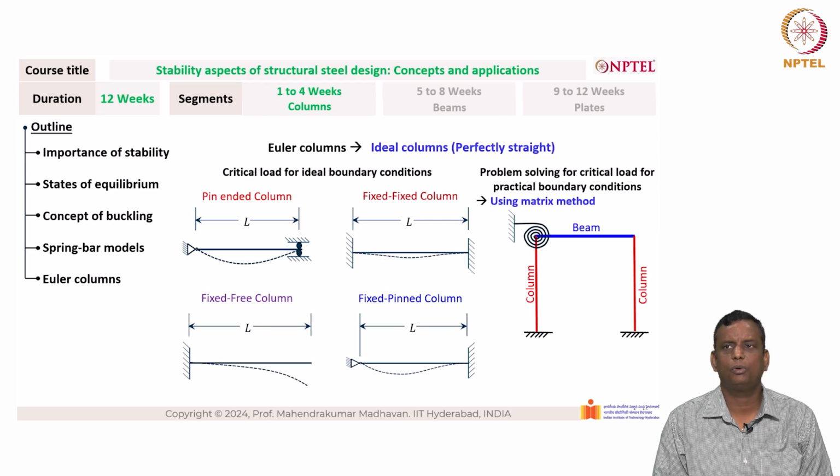So we will talk about the connection between a beam and a column, or we will also talk about structures whose boundary conditions are not ideal. Here the boundary conditions are represented by means of both a linear spring as well as a rotational spring, and the spring stiffness will determine the amount of fixity.